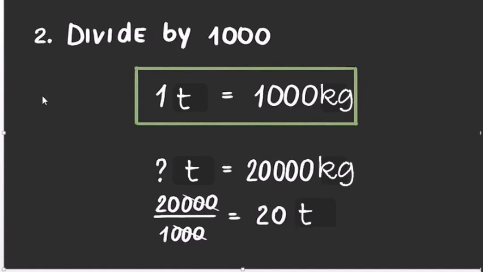So in our example, we would get tons by dividing 20,000 kilograms by 1000. So 20,000 divided by 1000. So the answer is 20 tons. Okay,